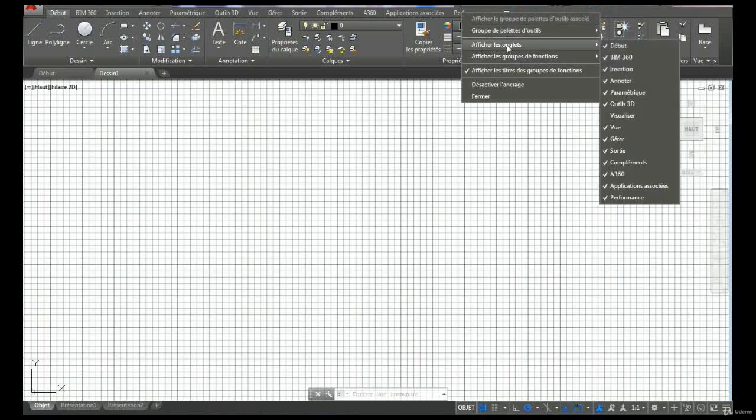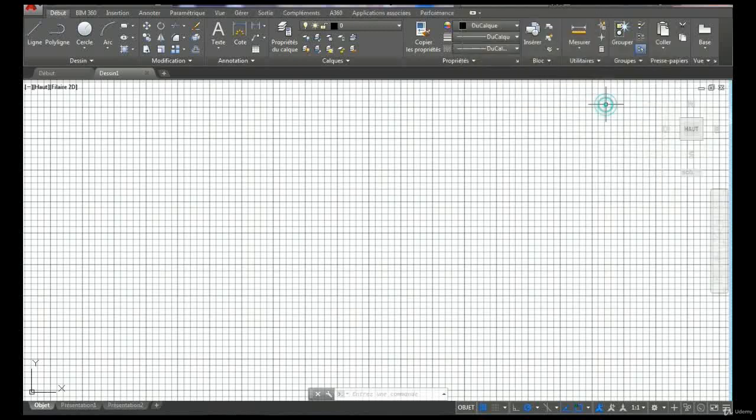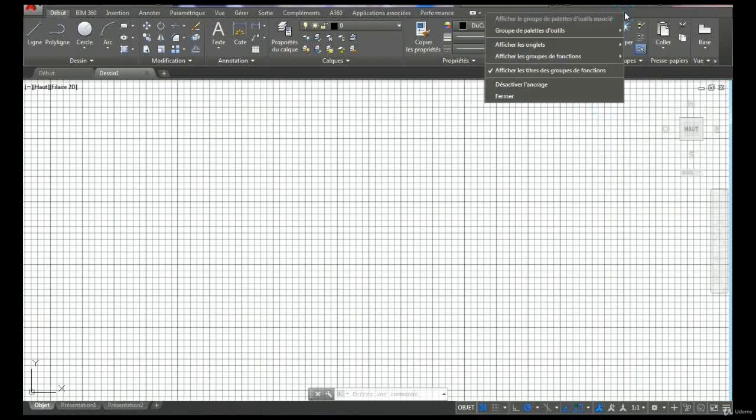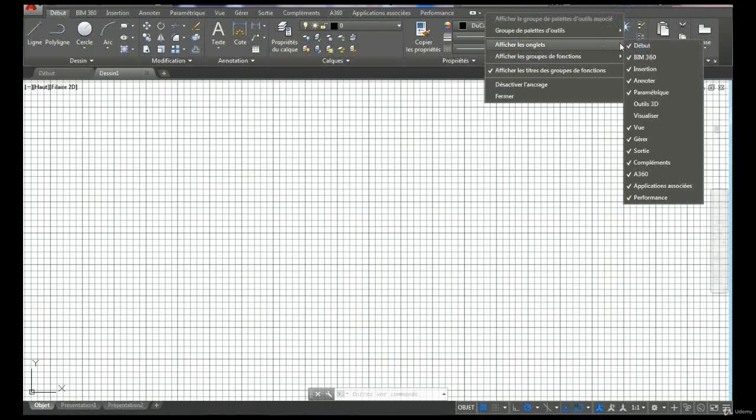As you see, all the groups of my work surface are selected except the visualization. So if, for example, I select the group of 3D tools, so I deselect it. As you see, the group of 3D tools has disappeared, so I don't have the group here. So I click right again, show the angle, and I select